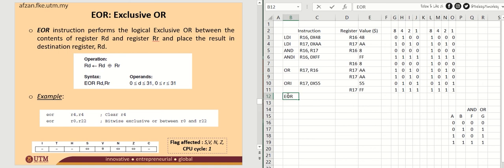EOR R17 with R16. What is the current value of R17? This is the current value of R17, which is FF. What about R16? The current value of R16 is 08. Right, so we're going to do the